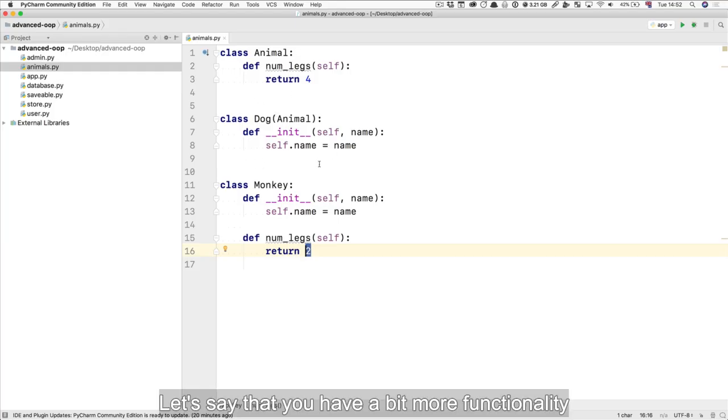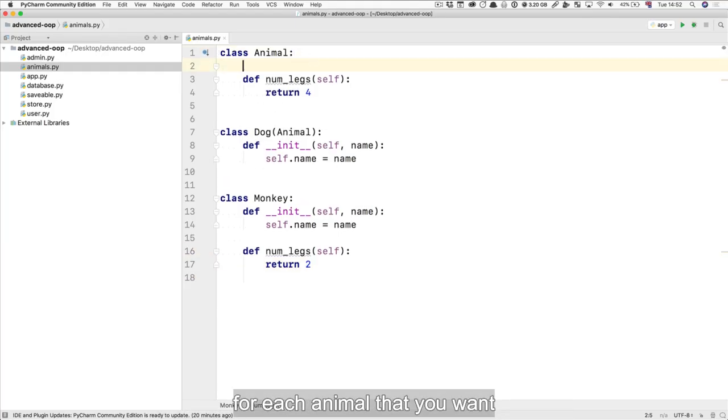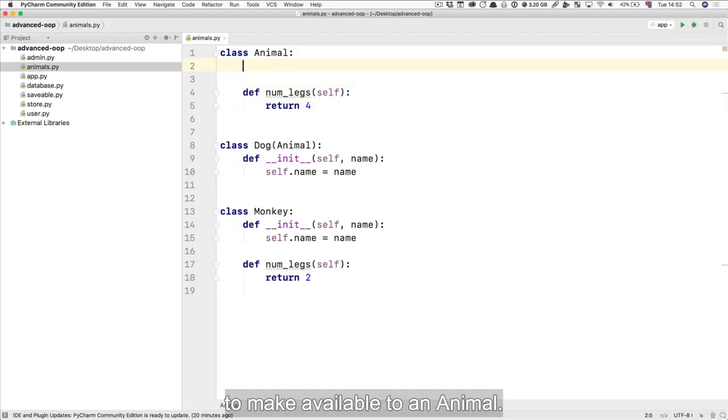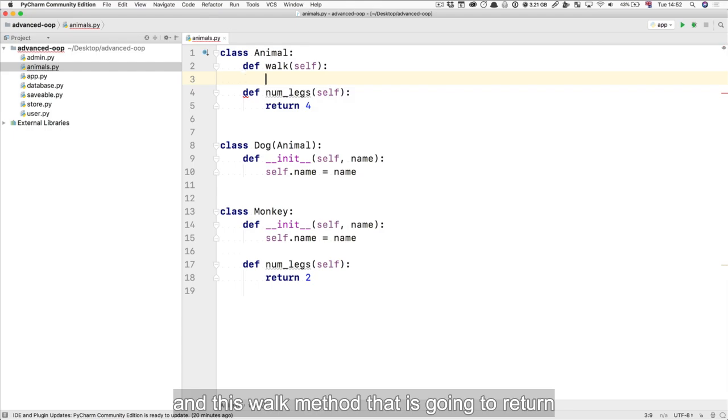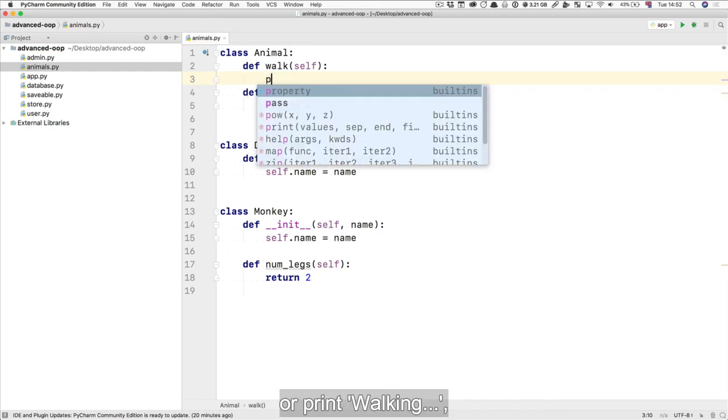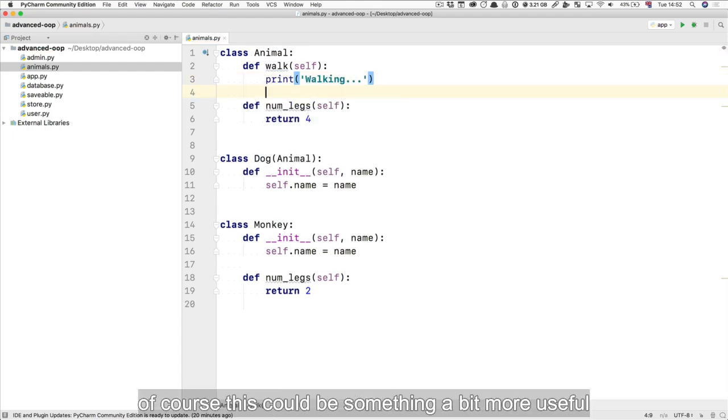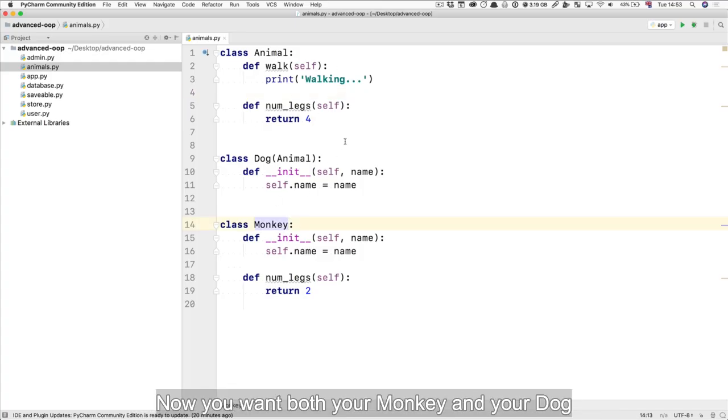Let's say that you have a bit more functionality for each animal that you want to make available to all animals. Let's say, for example, a walk method. And this walk method is going to return or print walking. Of course, this could be something a bit more useful in a real program, but nonetheless, just an example. Now you want both your monkey and your dog